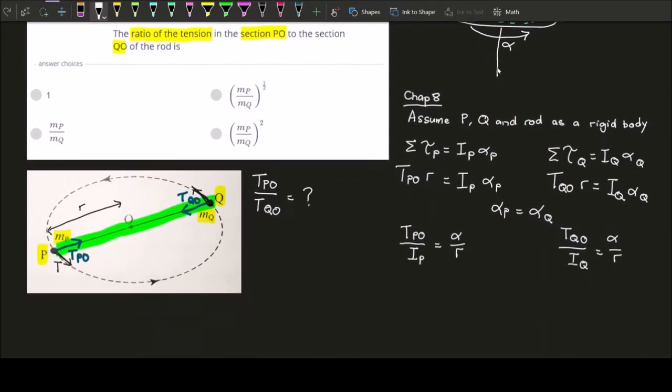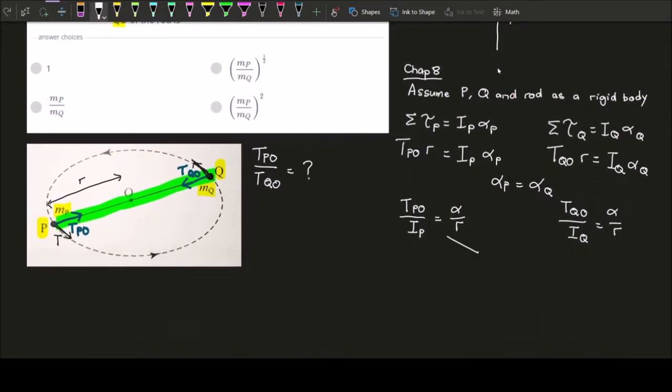Now if we equate these two things together, then you get T_PO over I_P equals T_QO over I_Q. And since this is a point mass, and the rod is light, the rod is massless, so